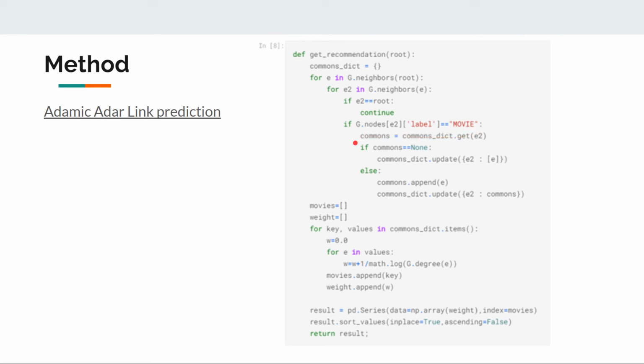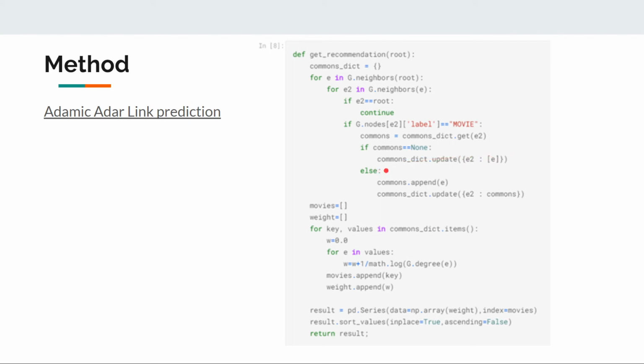So we only focus on the movie node. Then we use the commons variable to check whether the current movie node e2 is already in the dictionary or not. If it's not in the dictionary, we just add the new data into it, which is the pair of e2, the neighbor of e, and e. So it is the movie node and its neighbors.